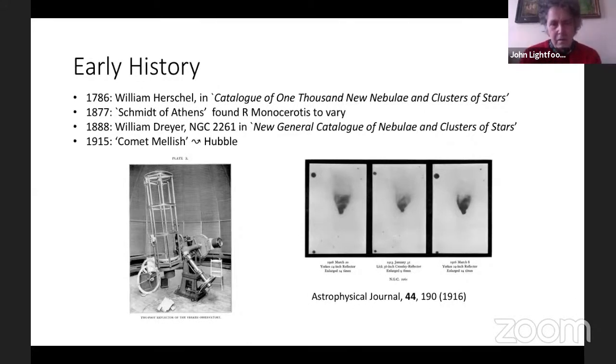Hubble did his graduate studies at Yerkes Observatory near Chicago, and I think started in 1915 or 1916. At about the same time, a young man called John Edward Mellish was taken on as an amateur astronomer working at Yerkes as someone who actually used the telescopes, because apparently the director of Yerkes was having trouble attracting graduates. And Mellish was already quite noted as a boy genius who had grown up on a farm in Wisconsin and ground his own mirror and made his own telescope and discovered a comet.